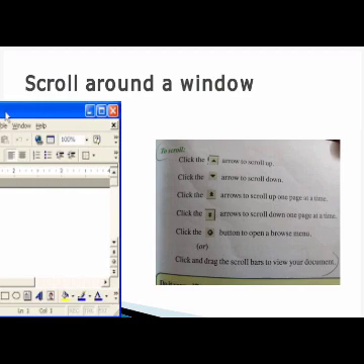Is that clear? Right. Next, there is a round button that is used to open a browse menu. For example, if we have any doubt at the time, we can click that one, so we can open our browser to search for any information on Google Chrome. Clear, students? Yes. What are the scroll keys there? Scroll up, scroll up one page at a time, scroll down one page at a time, and then to open a browse menu. These are the 5 things about scrolling around a window. Are you clear with all the 5 things? Can you see the picture?